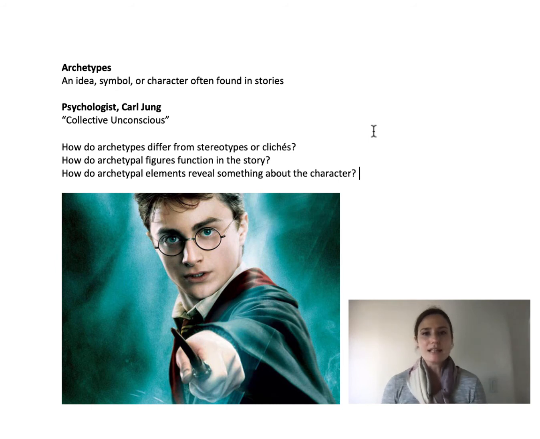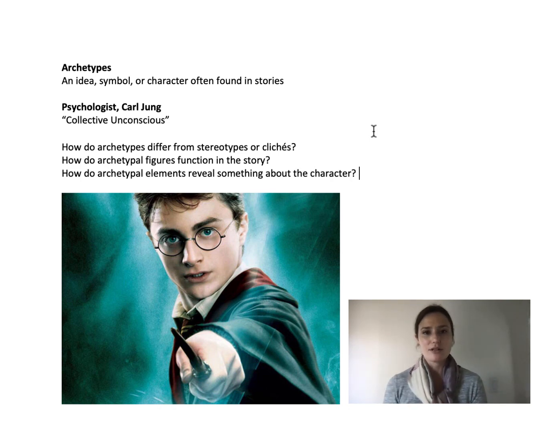As you read the stories, think about how archetypal figures are functioning in the story. Are characters able to realize that they are interacting with some sort of stock character? Do they recognize when they meet a villain character? Do they recognize that character as the villain? In literature, we often don't use a term like villain. When we're talking about children's literature, oftentimes these archetypes are really delineated, right? Villain, hero. In literature for adults, it tends to be a little bit more complicated, but we still see these